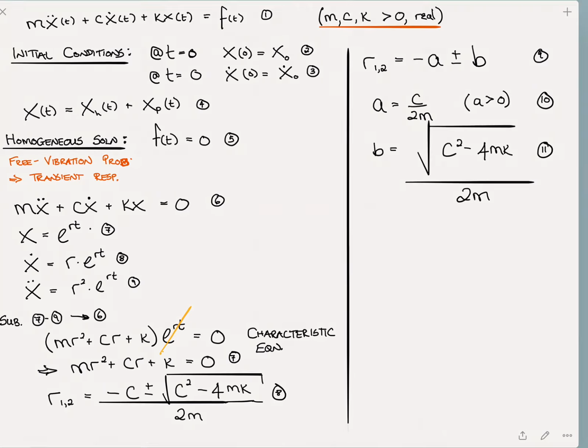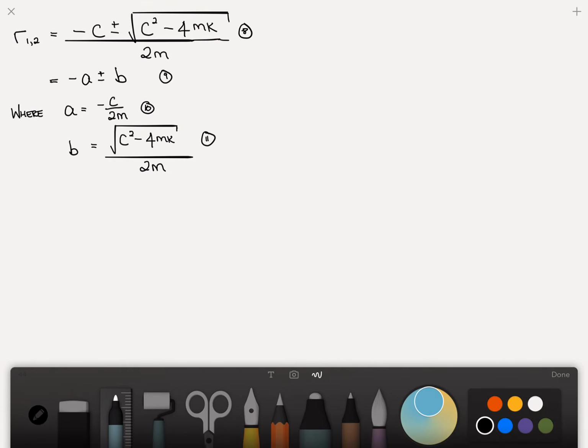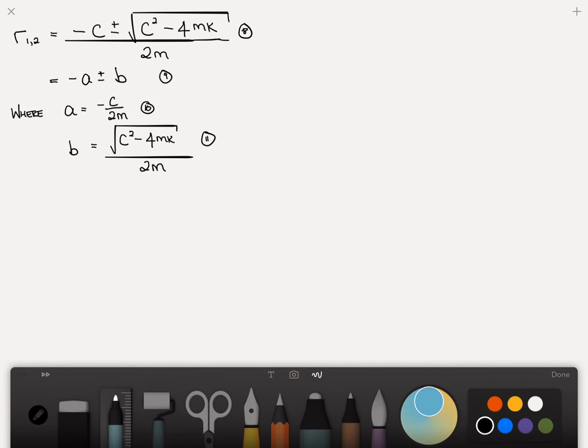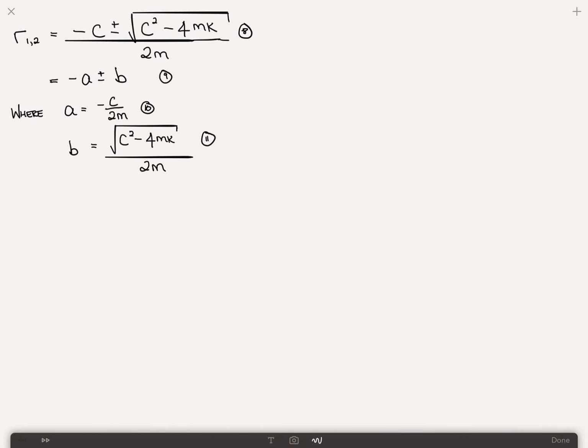Okay, so turning the page, what I've done is I've copied the results from the previous page here, where fundamentally we're examining the roots, and I've said that there are three different conditions, and that has to do with what's under the square root sign. Either that is positive or negative or it's 0. So let's look at case 1, where we are positive, which is to say that c squared is greater than 4mk. And this, of course, implies that b